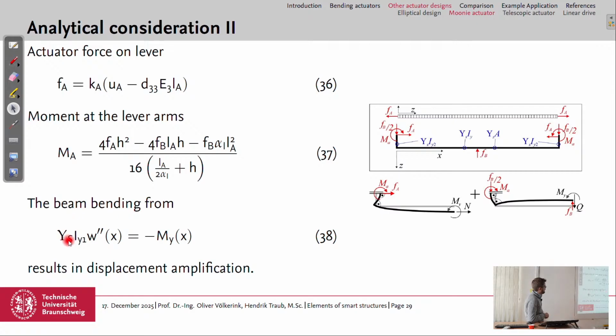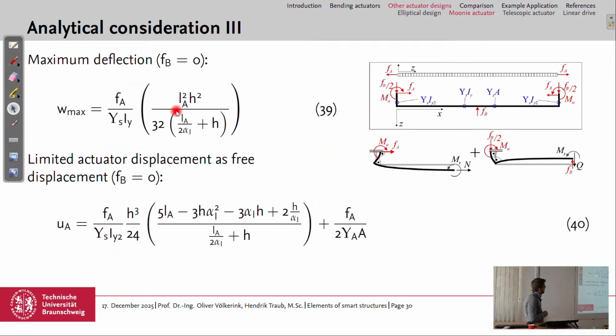So again, using the Euler-Bernoulli differential equation, we finally get to the equation for the maximum deflection. Here at the maximum deflection, we assume, like the free displacement, that the blocking force is 0. And we have this equation for the W max, and we can also calculate the limited actuator displacement because it's